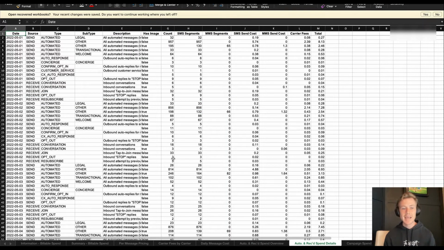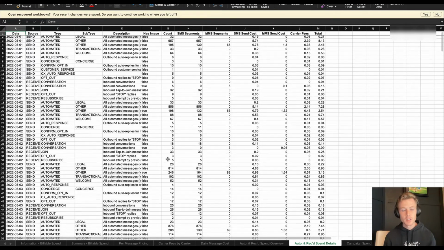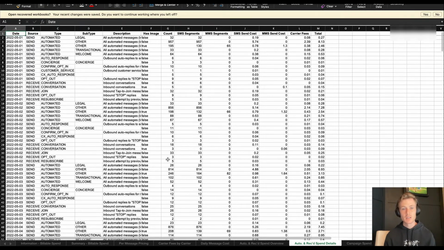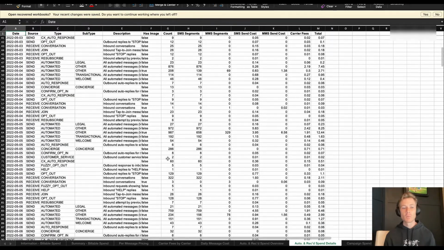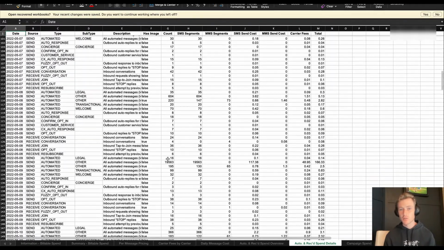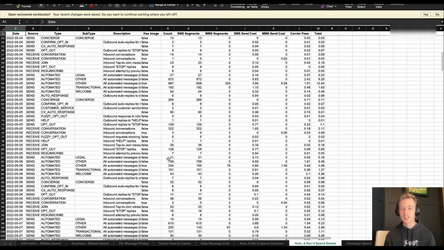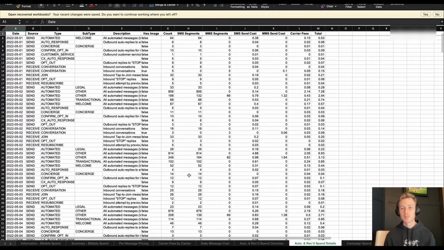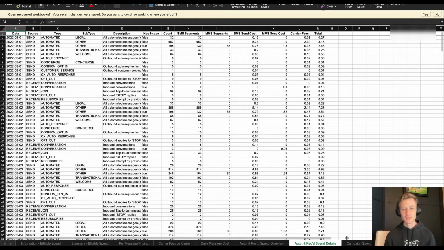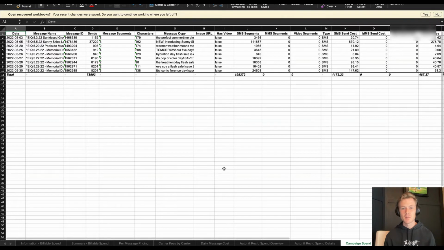You can go into the actual details themselves if you want to see the costs. Now, I personally have never actually used this particular tab right here. It feels like it might be a little bit overkill, but if you want to dig into the data here, feel free. And then your campaign spend details as well, which is important to look at to see how much